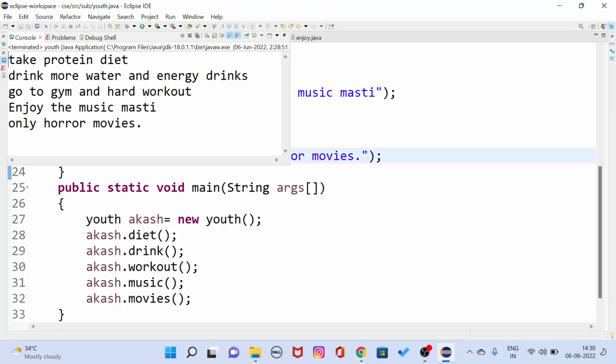In class we have access specifiers, public, private, protected, but in interface only public methods. The best example of interface is, you go to ATM, you put the card, there will be methods, banking, withdraw, all those are interfaces. You don't know how they are implemented, you know only the method name, that is the interface. You open www.gmail.com, there will be username and password, that is an interface. This is about interface and